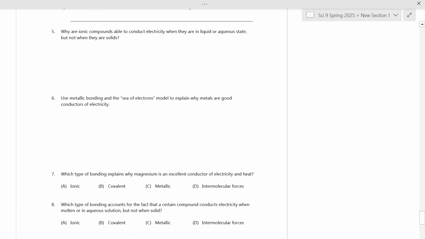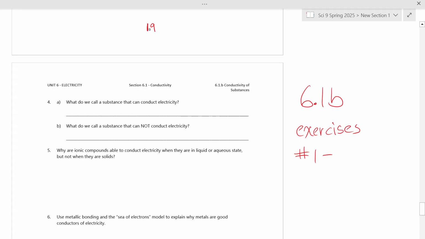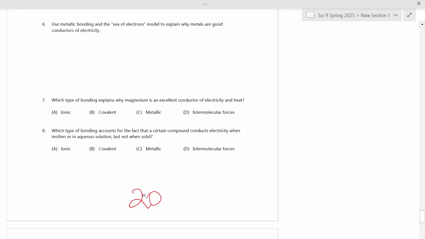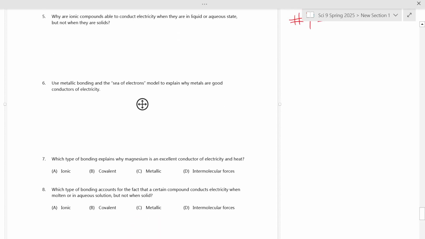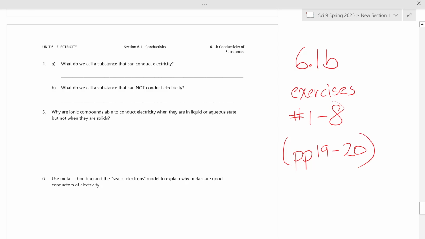So that is the exercises 6.1b, exercises numbers 1 through 8, which is pages 19 and 20. Okie dokie? Yeah, for sure. And if you need a little break, if you need to stand up, if you need to